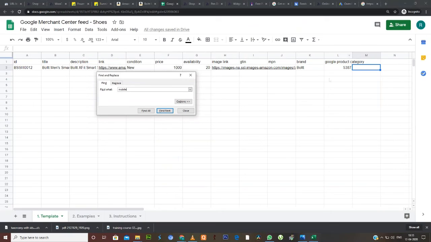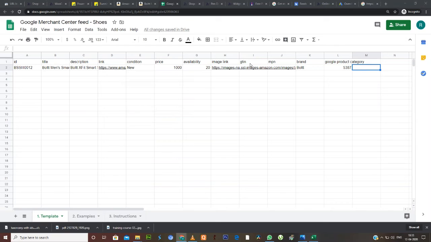Okay. Now the last thing we have to do in this is, as we are not using GTIN and MPN, that is global trade item number and manufacturer part number, we are going to include one more column in here, that is identifier exists.